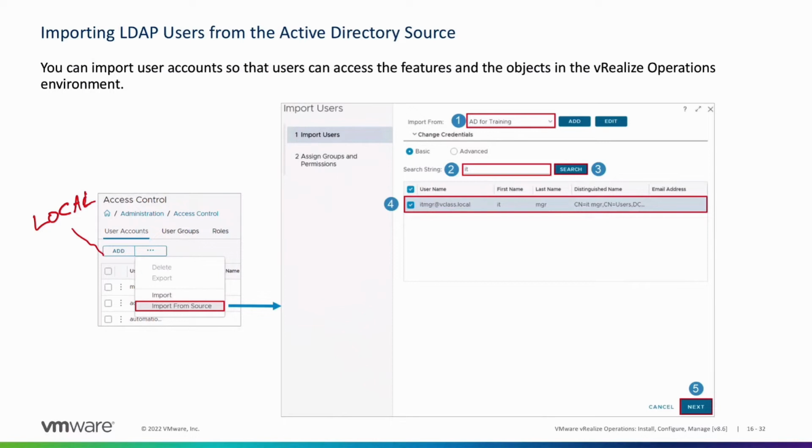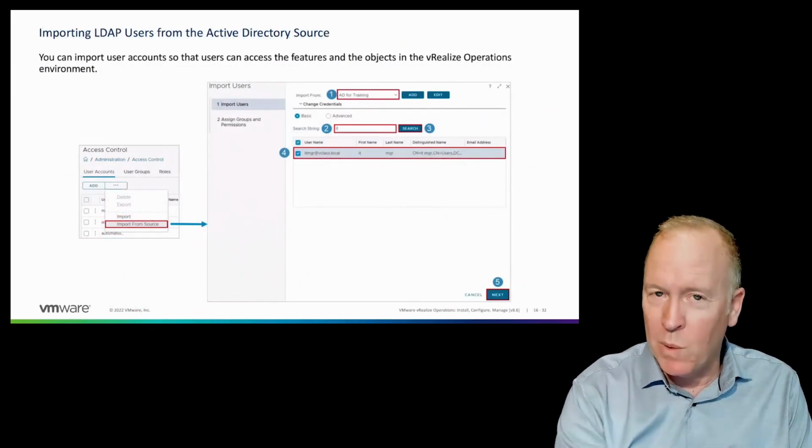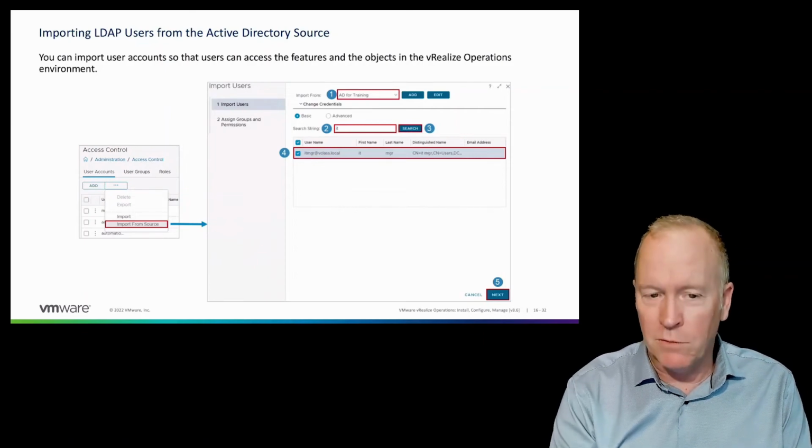When you're importing LDAP users, you go to the same tab, but you do not click the add button. Instead, you click the three dots and choose import from source. So you add a local user. On the other hand, you import an Active Directory user. In both cases, we're going to the same tab, but you need to go to different places from there. All right, so if we say we want to import a user or users from our